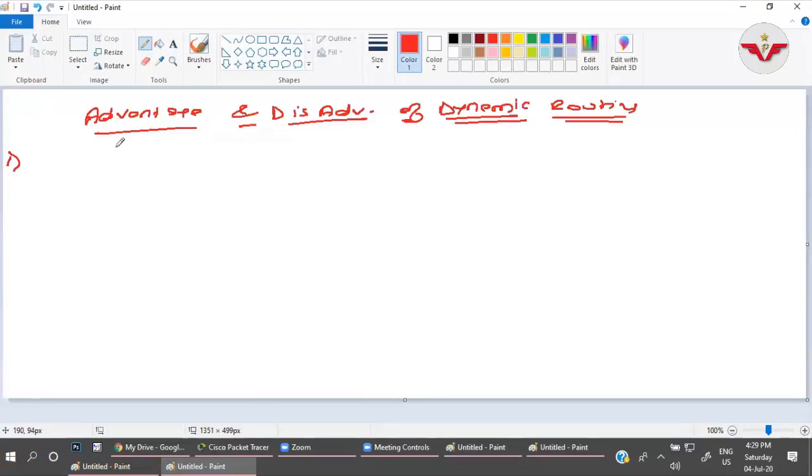You just have to inform the router what the directly connected networks are. It will automatically share its routing table information with neighbor routers, right? So the first point is it is suitable in all kinds of topology, all kinds of network, where multiple routers are required.